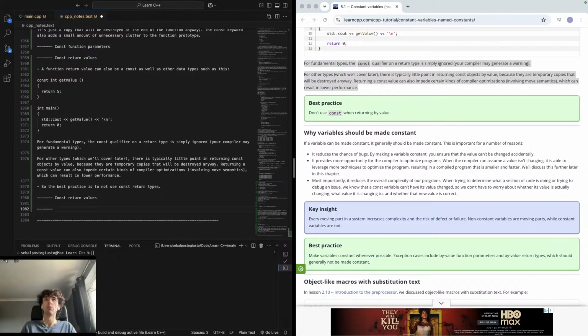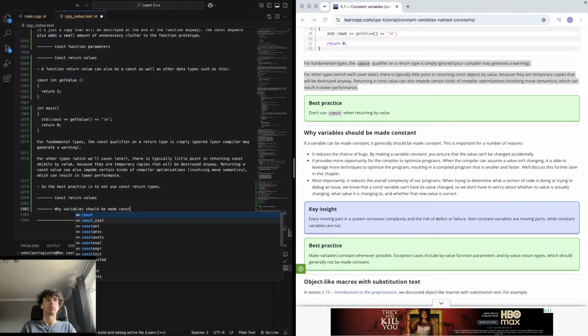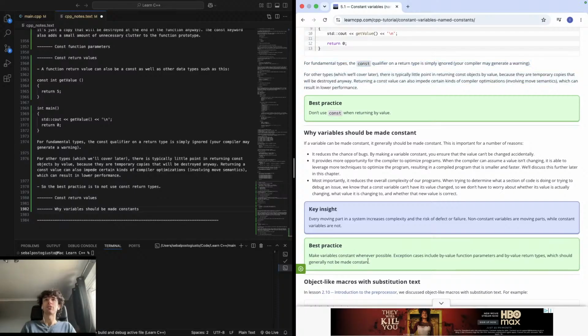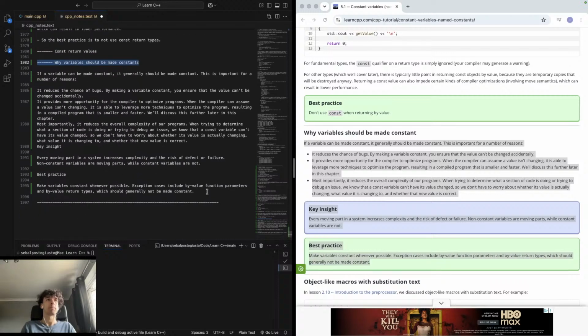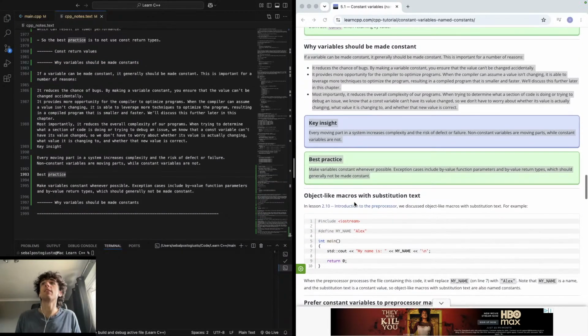That makes sense to me. Why variables should be made constants. And then we'll just copy and paste that because I feel like I don't need to write that out. I understand that. And writing out will just take even more time. So,